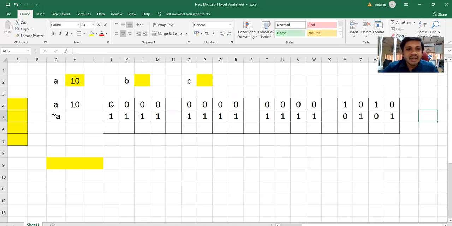In integers, this bit is called the sign bit. If the sign bit is 0, the number is positive. If the sign bit is 1, the number is negative. And the negative numbers are stored in 2's complement. I'll tell you why. Before we evaluate the answer, let us see what 2's complement is, and then we will find what the answer is.